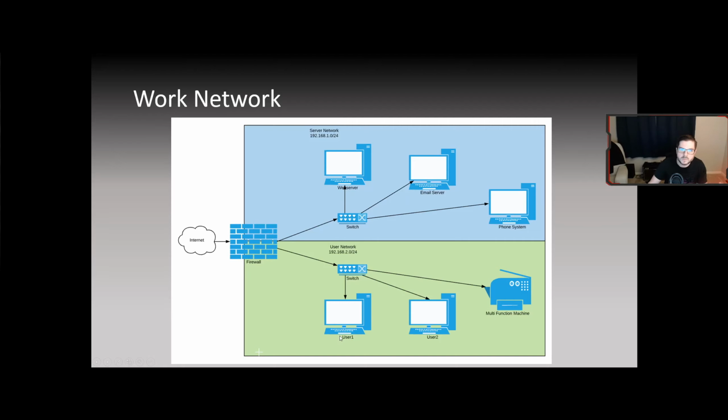So if you were wanting to get to your internal web server from this network, you would have to go through your switch, and then you would go to your firewall, and then you would go to the web server. The firewall could have an access list here, but more importantly, the change is that you have your source MAC address, and it's going to say, oh, I need to get to the web server. In its ARP table, it's going to have the destination MAC address for the layer 2